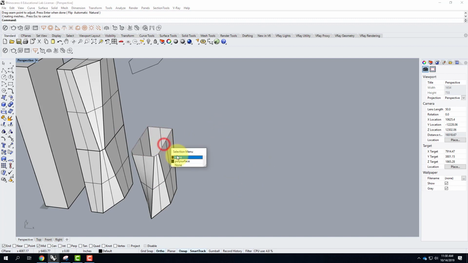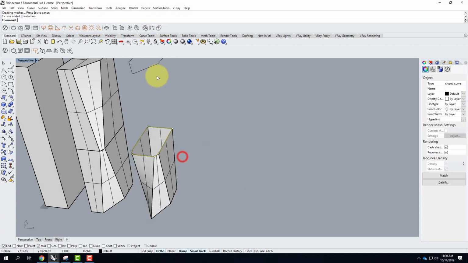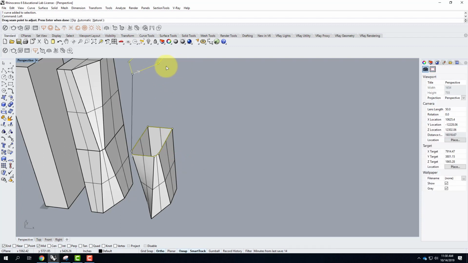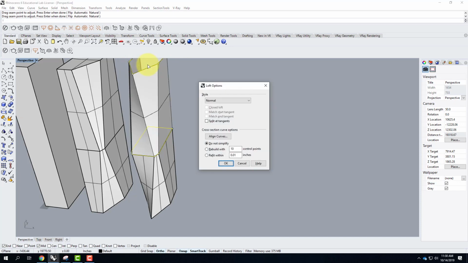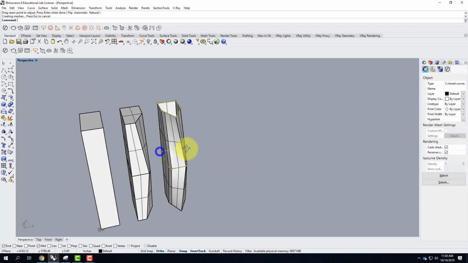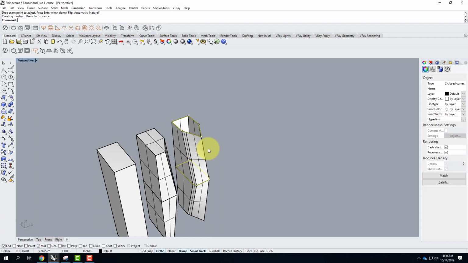And then I could take this and this one, and I could loft those together. Like that. I'm paying a lot of attention to my seams to make sure I hit my seams correct. So maybe it's like that. So I'm starting to manipulate the shapes, and I'm doing this by creating a series of control curves and then